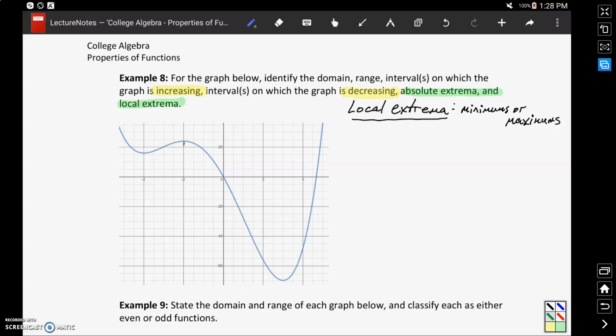For instance, at x equals -2, we have a peak where our function changes direction, giving us a local maximum, meaning our function value at this point is higher than any of the function values to either side. So we could say that we have a local maximum at x equals -2,